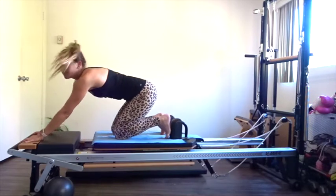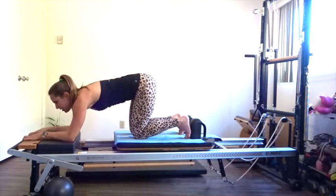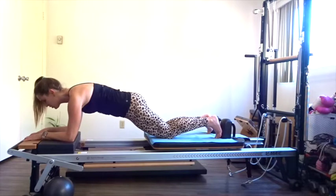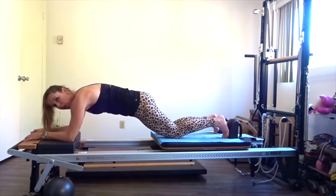All right, we're gonna give the wrists a little breather. Put those elbows down on the platform. I'm gonna hold on to the wooden platform with my fingertips. You're gonna drop your bottom down to like a modified push-up position. Squeeze your butt. Just press the carriage back as far as you can and slowly pull it in, sucking up